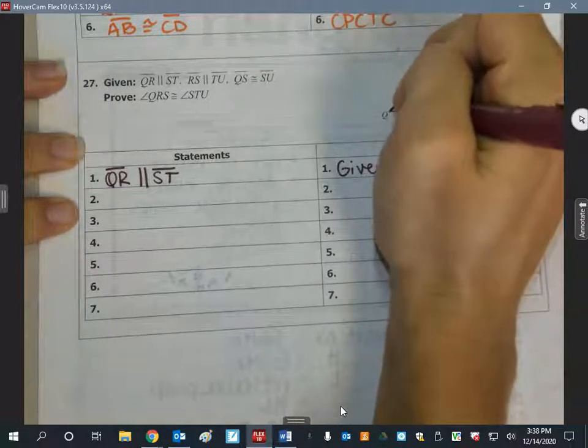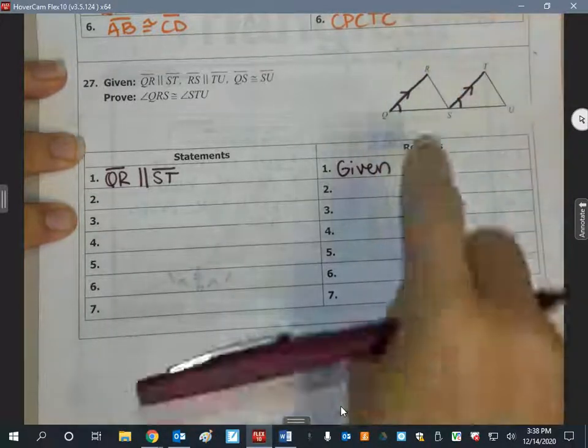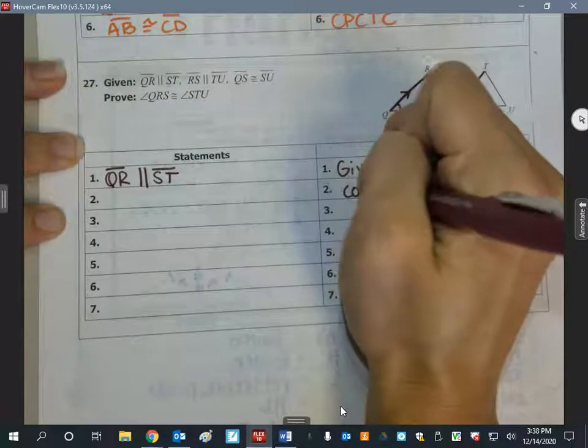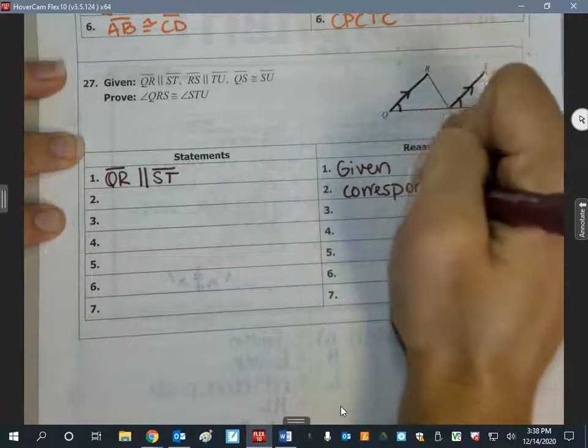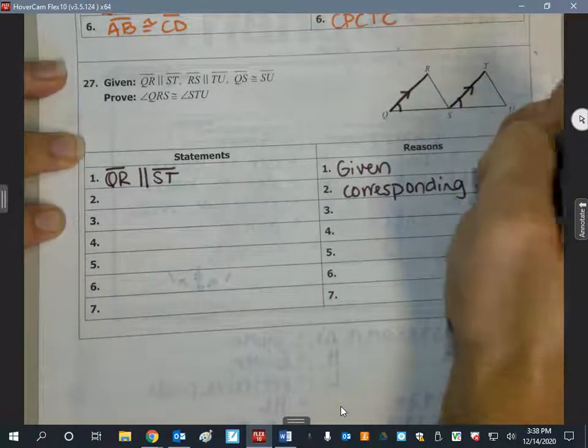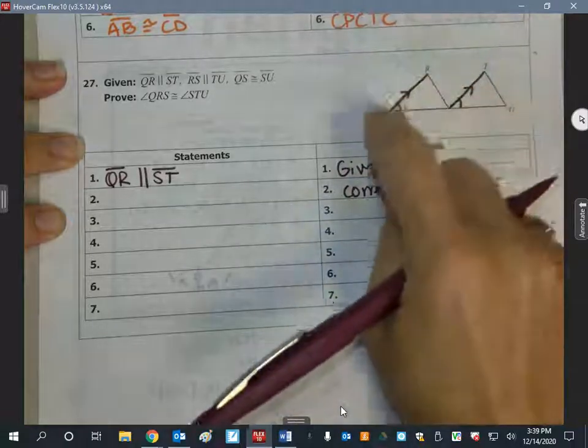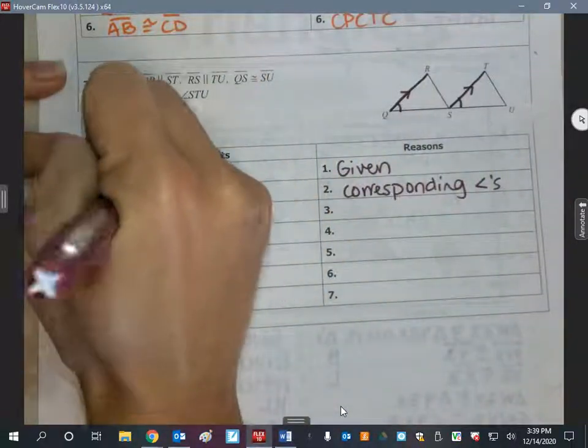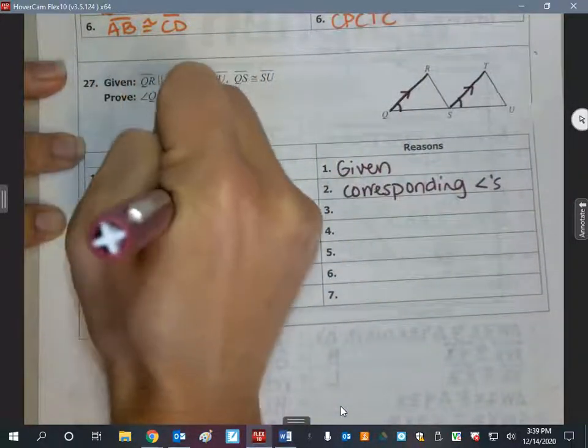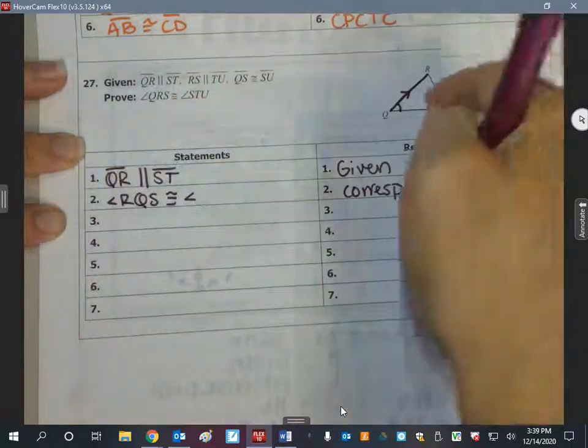So that means that this angle and this angle are congruent by corresponding angles. So angle RQS is congruent to angle TSU